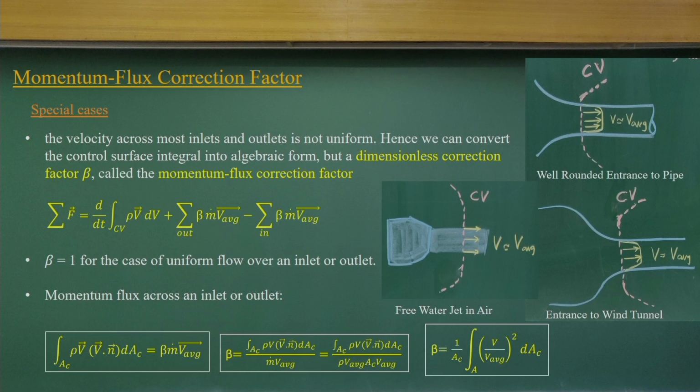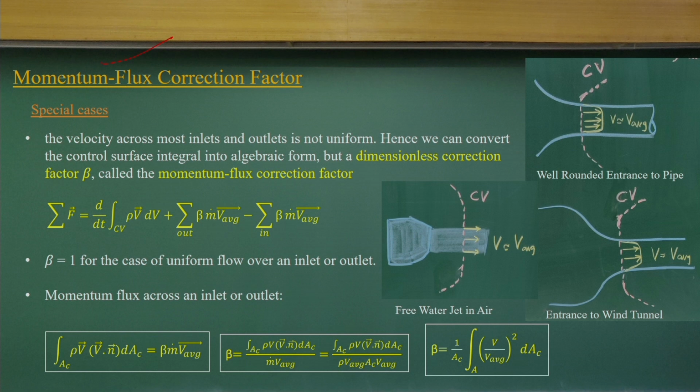So, now we can write the momentum equations in different forms considering the velocity distributions. That is the reason we introduce correction factors. As we know, the velocity distribution is not uniform for real fluid flow problems. If I compute this momentum flux using the average velocity, then what would be the correction factor? That is called the momentum flux correction factor.